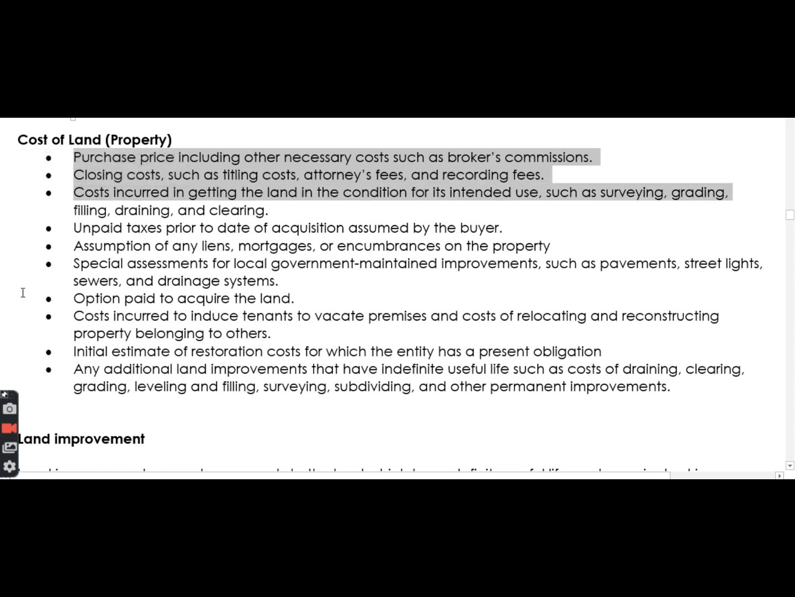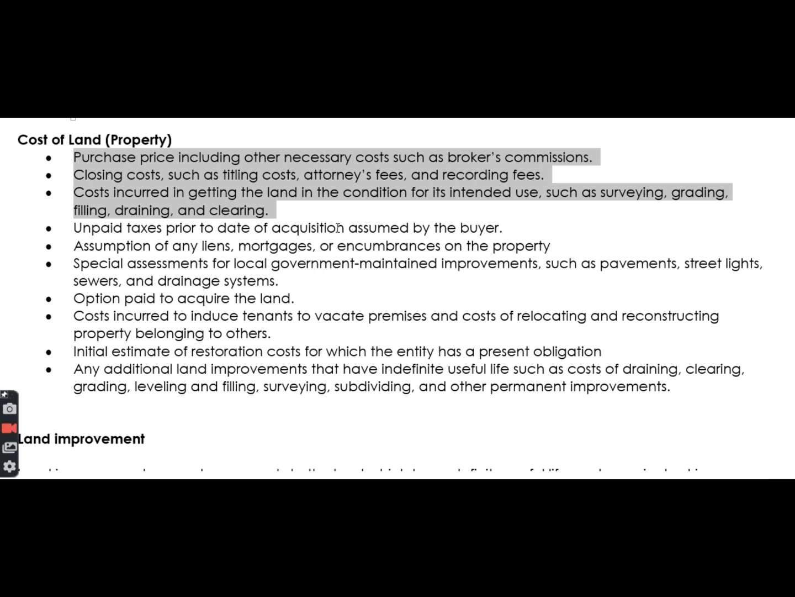parts, you need to consider the next part, which is yung cost of preparing the land in the condition that it is going to be used, such as yung surveying, okay, grading, filling, draining, and clearing. So yan yung mga, kasi di ba, of course, if you have a land property, most of the time yung quality ng lupa is not of whatever you intend it to be. So ibig sabihin,